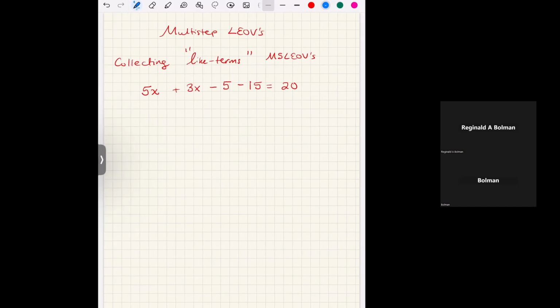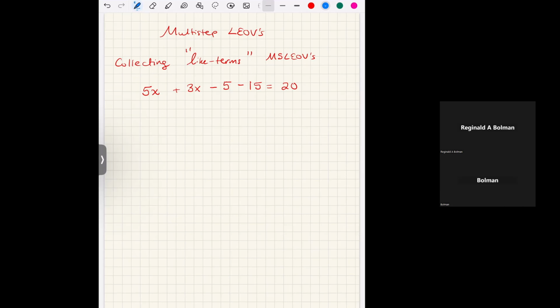Now, the problems in 2.3 can be categorized into a number of different types of multi-step LEOVs. The first type of multi-step LEOV, which I think is the easiest for students to understand, is what we call the collecting like terms multi-step LEOV problem statement. In a collecting like terms multi-step LEOV problem statement, we usually have the student